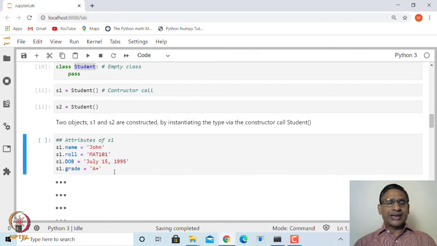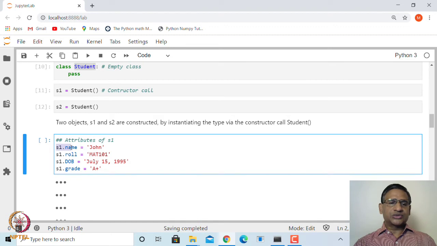In order to add attributes, you simply write S1 dot. Let us say we want to create an attribute name of the student. So, we will say S1 dot name is equal to John. Similarly, the roll number of S1: S1 dot roll is, let us say, M80-101, or anything.